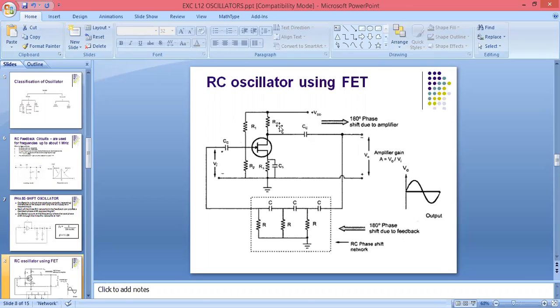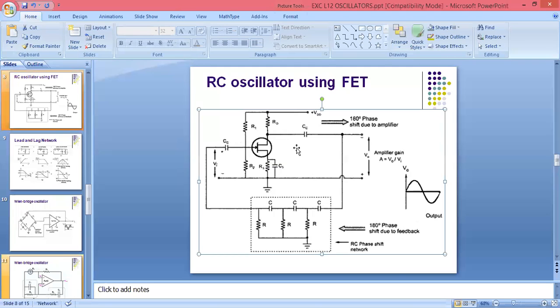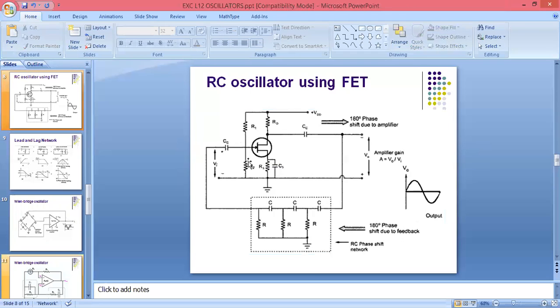So we are using this circuit as an amplifier as in our first unit. We have seen MOSFET as an amplifier. हमने उसमें देखा है. So what we are doing? We are using 2 coupling capacitor here, 1 with drain and 1 at gate terminal. We are using 1 capacitor with source also. Means we are using here 3 capacitor, 2 coupling capacitor and 1 source capacitor. And again we are using here voltage divider circuit.